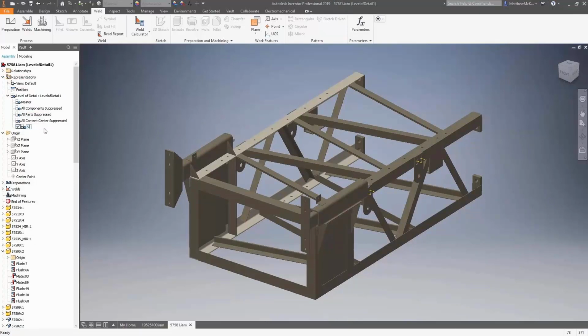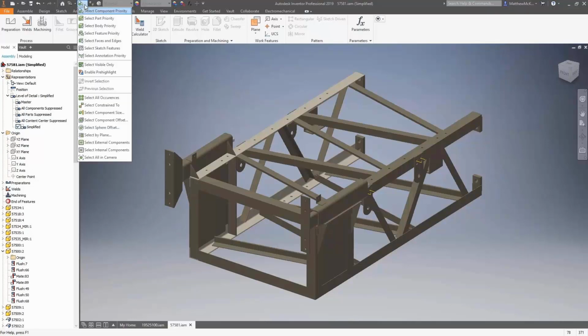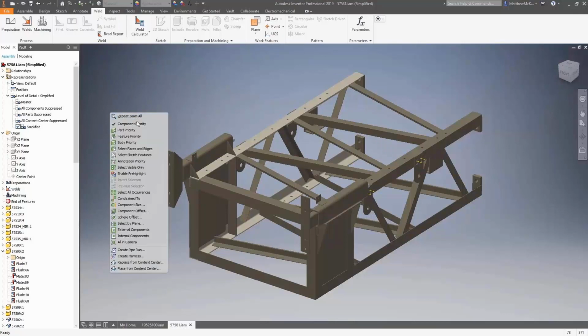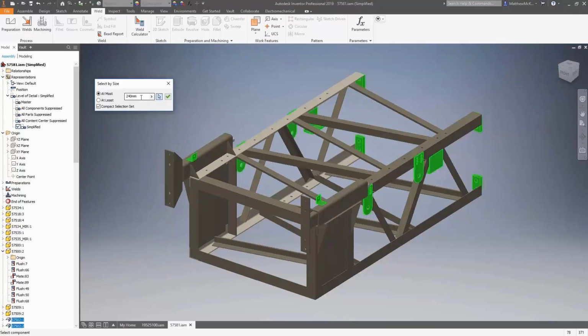But in this instance we'll create a level of detail that is called simplified, which will enable us to then use selection filters that are available across the top of our screen. And we can go down and choose a variety of different selection filters that give us the ability to choose files and components in numerous ways. You can also access them by holding down the Shift key and then right-clicking in the display area. Now in this instance we'll choose the Select by Size,